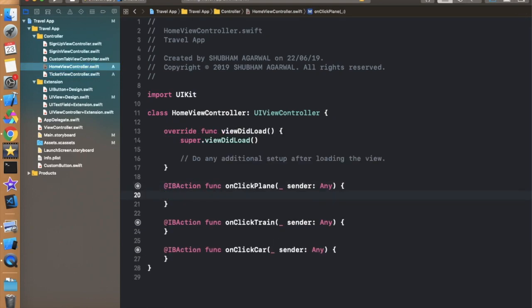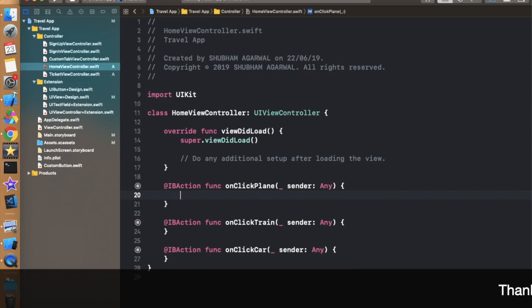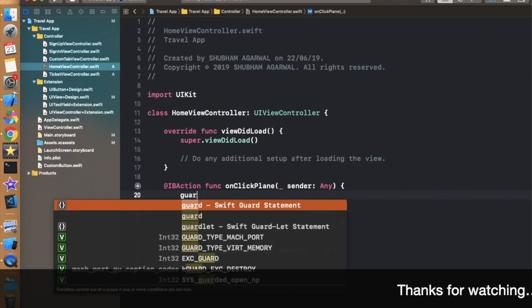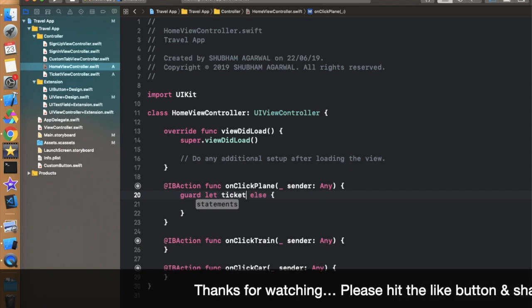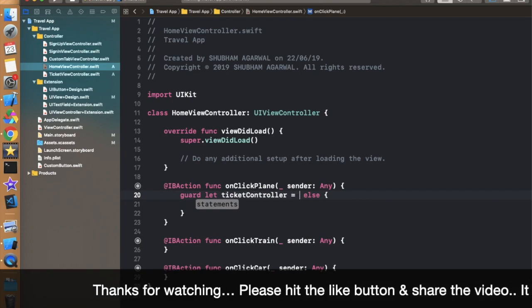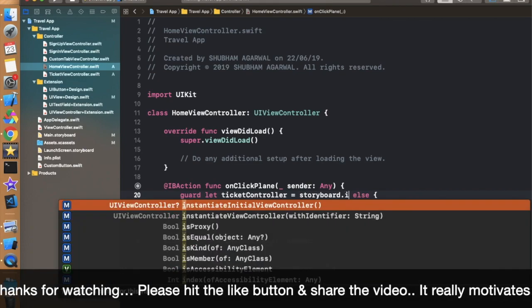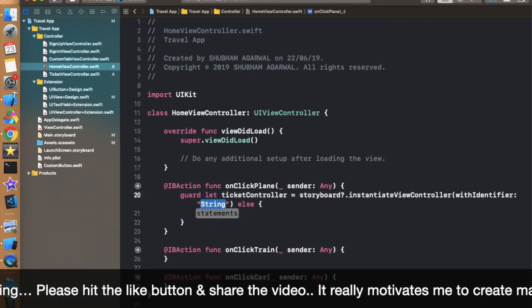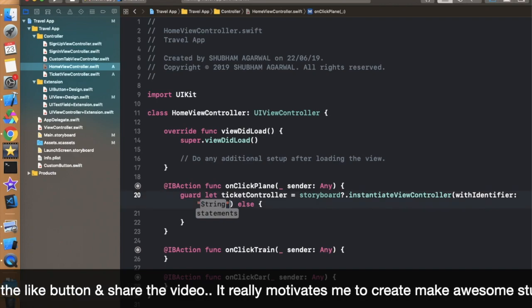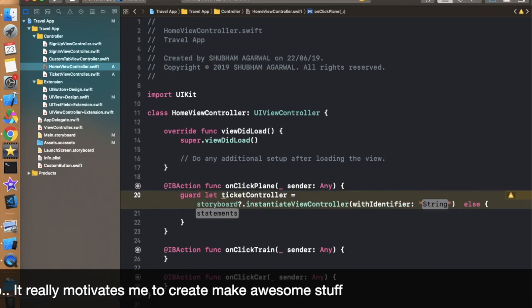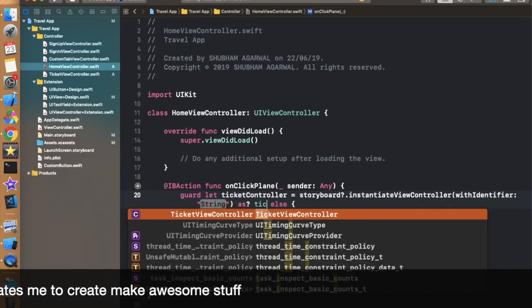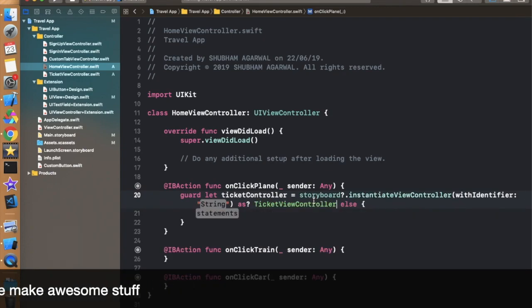So for connecting the screen we have to create one view controller object. So for that I'm just typing guard let ticket controller equals to storyboard dot instantiate view controller with identifier, and the identifier is the one which we have provided to that view controller on which we are going to move. So as ticket view controller, the identifier is also the same as this, so just paste it over here,